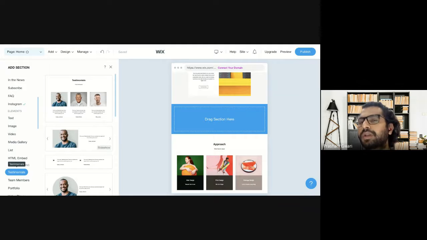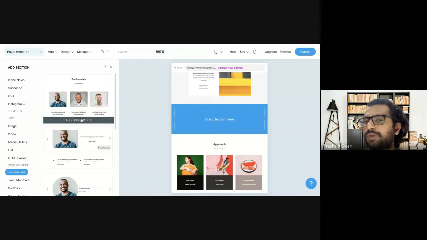And according to a survey by HubSpot, 90% of consumers buy a product or enroll or subscribe for a service after reading testimonials or reviews from the website or Facebook review or Google review. So you have to make sure that your website has at least 10 to 15 reviews or testimonials from your clients. So now you know that you have to add this section.